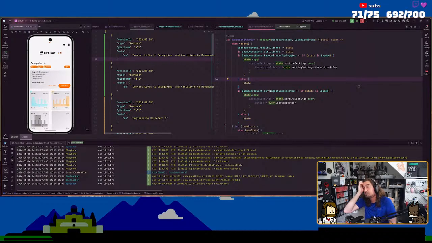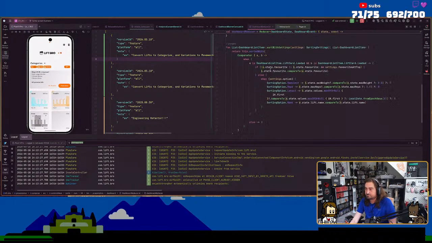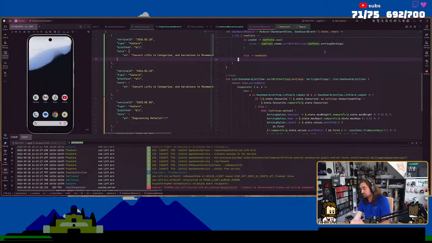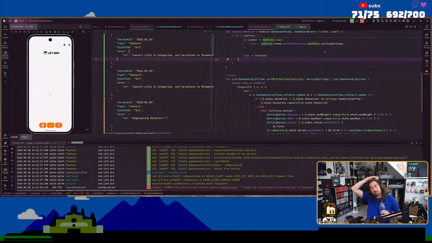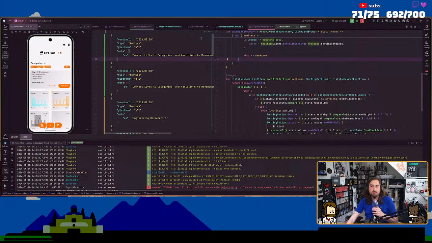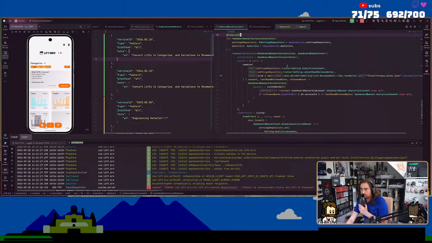Okay, so what did we need to do next? So the release notes should show now. And if I put them in a carousel, why am I not getting the carousel?